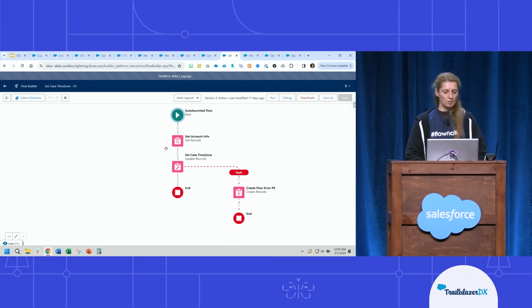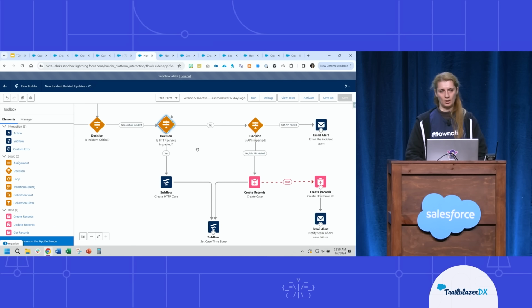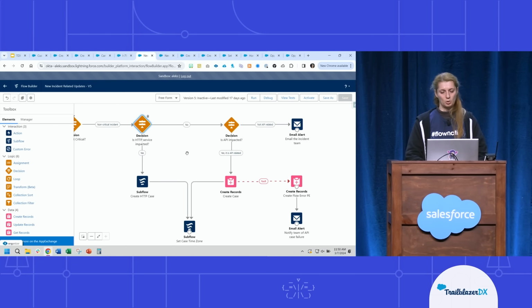It's called set case time zone. We are pulling the information from the account and then updating the case record that's being created with a specific time zone. If this is not a critical incident and it's not HTTP service impacted, we have one last check,